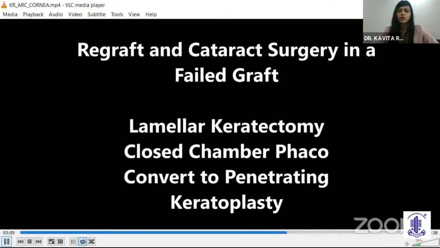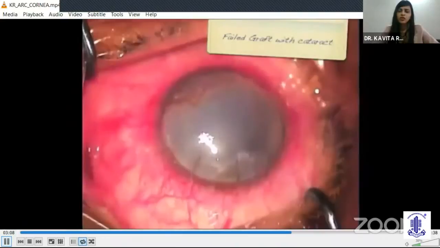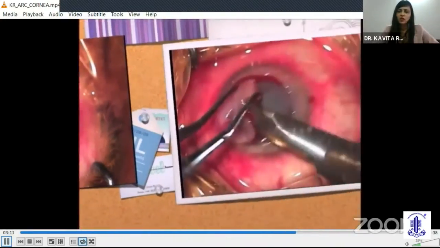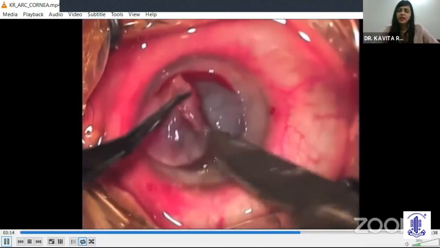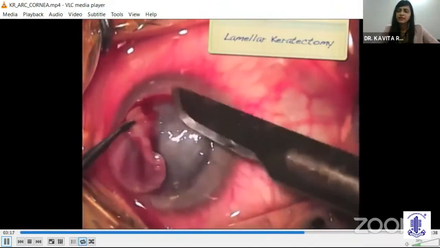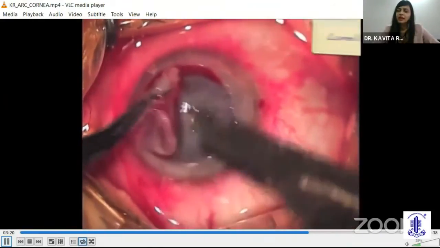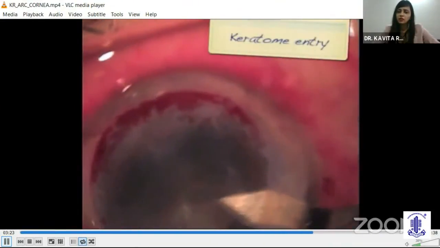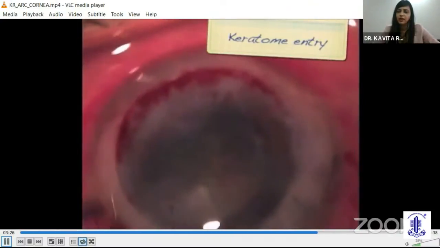So what we can do, though this is not a very easy technique, is remove most of the corneal tissue so that your view gets improved. And even in cases with DSEK, in fact, in the next step that I'm going to come to, you can do the entire cataract surgery under retro illumination. Shut off the microscope light, use an endo illuminator, and do the rest of the cataract surgery. And you can just do it in the anterior chamber, because anyways you're going to sacrifice this entire distance. The reason to do this is because I personally feel it's really difficult to do an open sky cataract surgery. In a lot of cases, you can have the entire capsule rupturing.